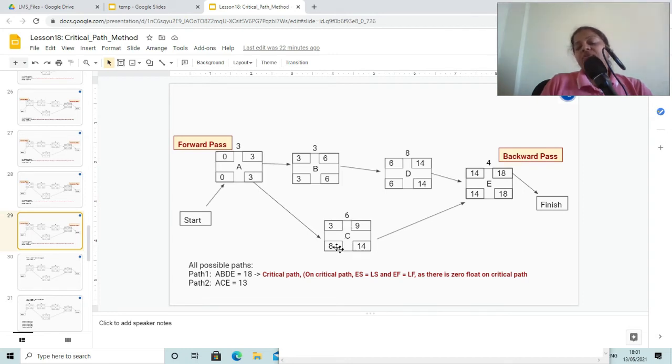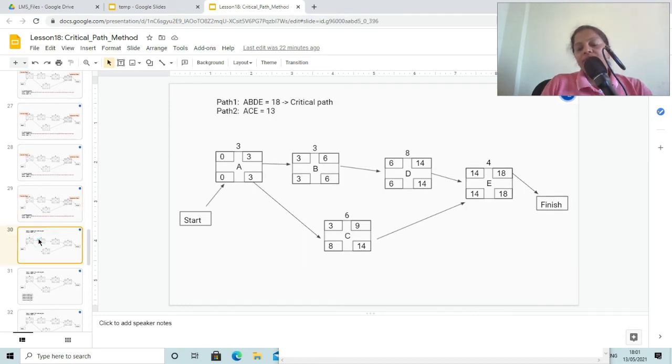And if we look at the values in activity C, here it is 14 and here it is 9, here it is 8 and here it is 3. So as to calculate the float of each of these activities, we are going to use these four values, these four boxes for each of the activity.